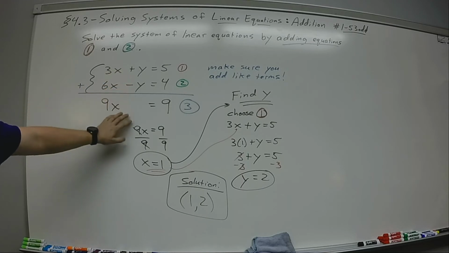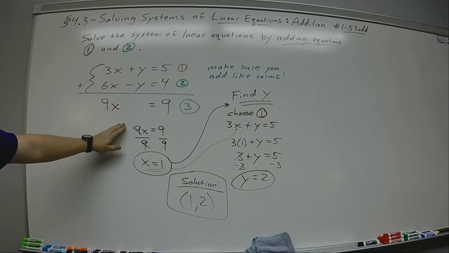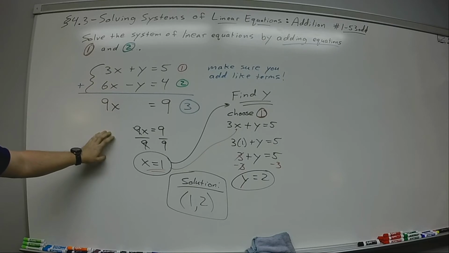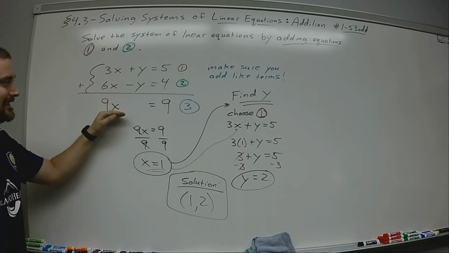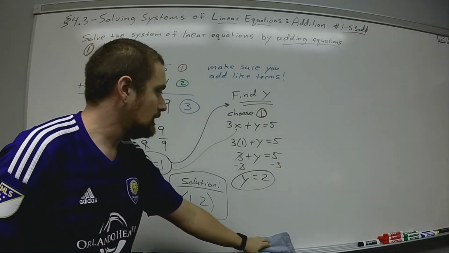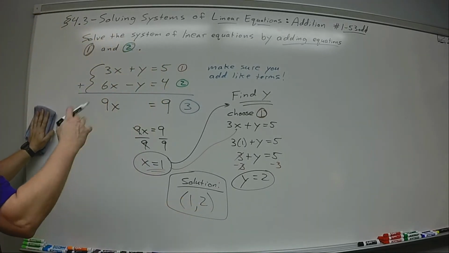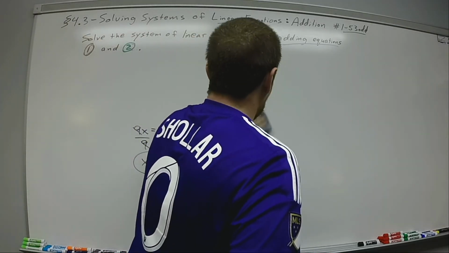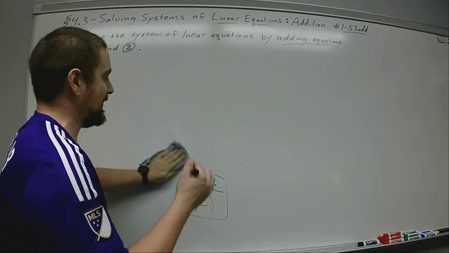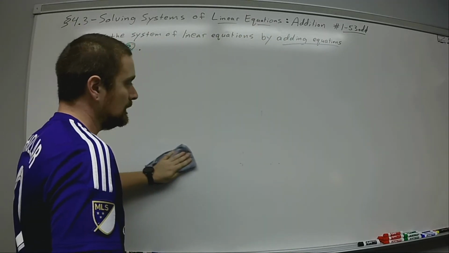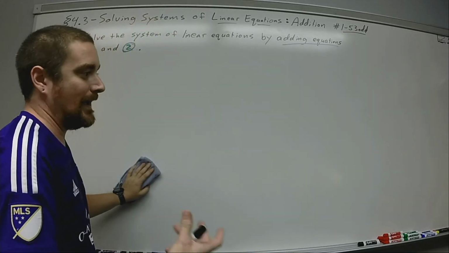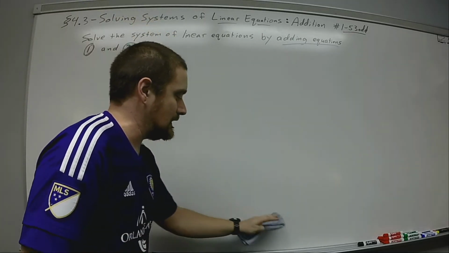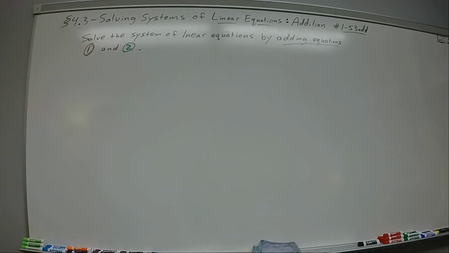Now, they're not all designed so nicely that something will always cancel out right in the first step. This is just a nice first example. So we'll do a couple more examples so we can see how to manipulate these to get that cancellation to happen. You might have to do a couple more steps up front in order to get that cancellation to happen right off the bat before we can move forward. The last thing we want to do is add two equations with x and y together and get a brand new equation that still has x and y. We haven't eliminated anything, and then we are stuck because we still have two unknowns. So let's pick on one